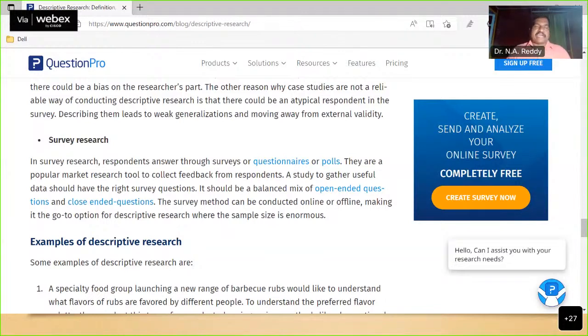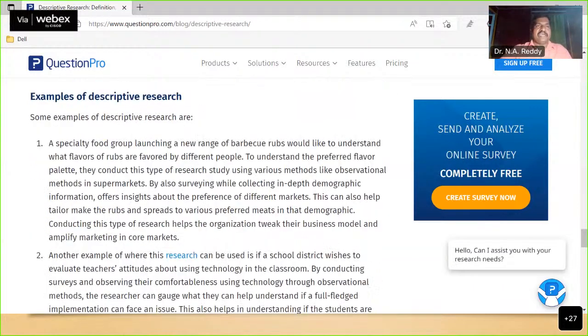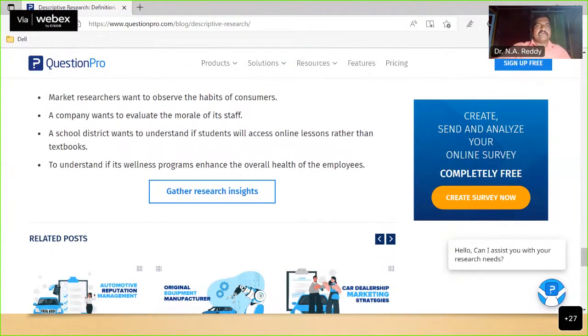But in online, we can. That's why those who are willing to participate in your research, you can. Example of descriptive research here: a specialty food group launching a new range of brochures. There are different types you can take. We'll go through our